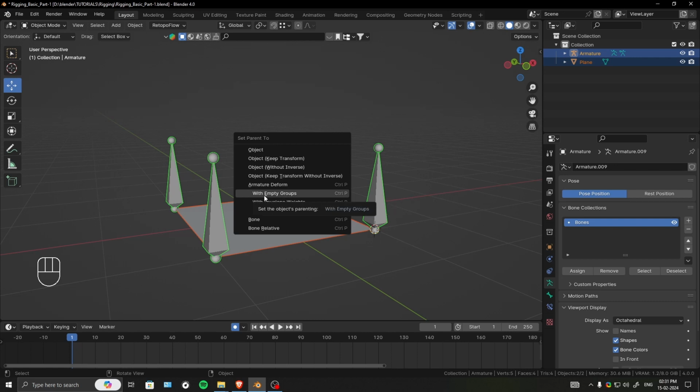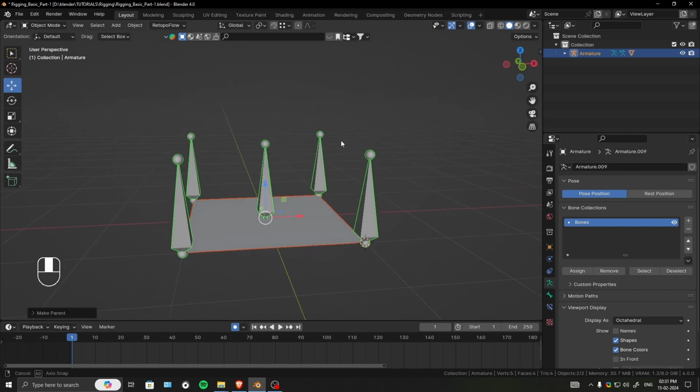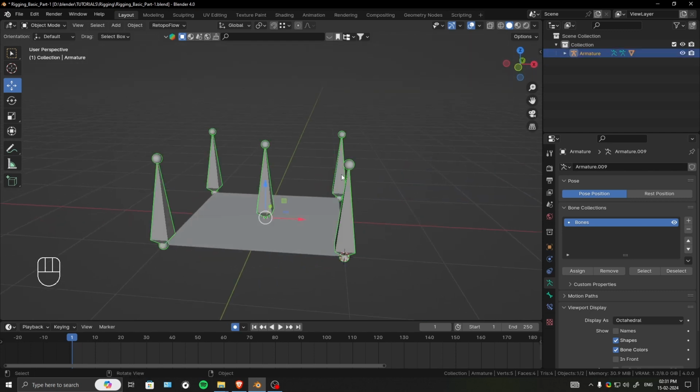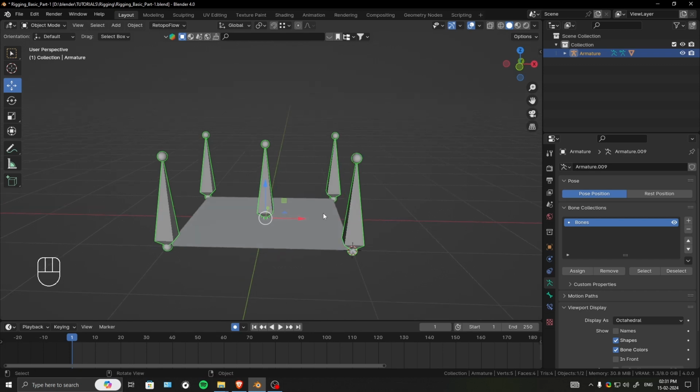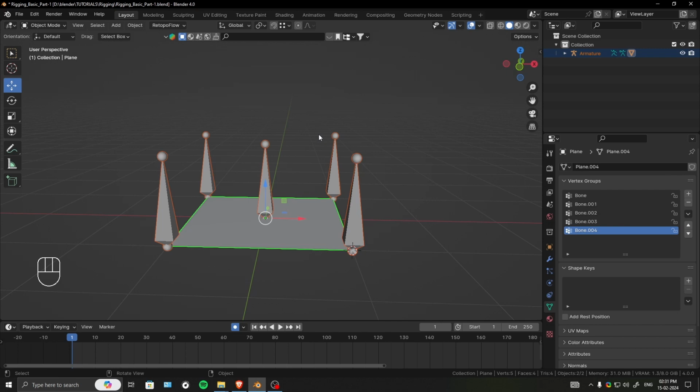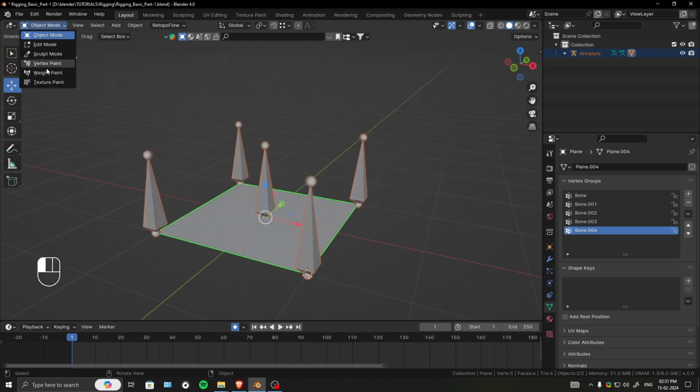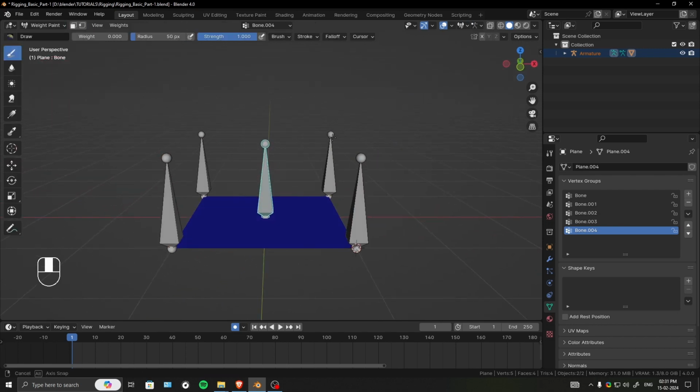So you know what, even if this might help, I'll go with the empty groups for now. Now let's go ahead and weight paint. To weight paint, first we need to select our armature and then shift select our mesh, go inside the weight painting mode, and now if you hold down Alt and left mouse click on any bone, you can start weight